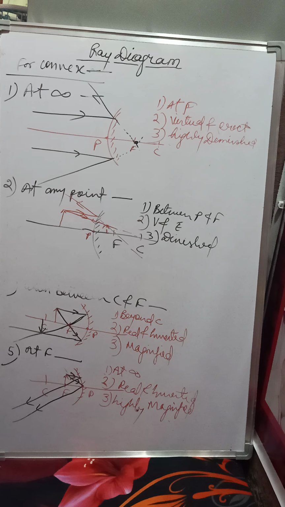So I hope you all have understood the ray diagram. They are used as a rear view mirror, for dentist mirror, at barber shop, as a looking glass, and they are used to make the false images. So these mirrors are used for different purposes. I hope you all have understood the ray diagram.